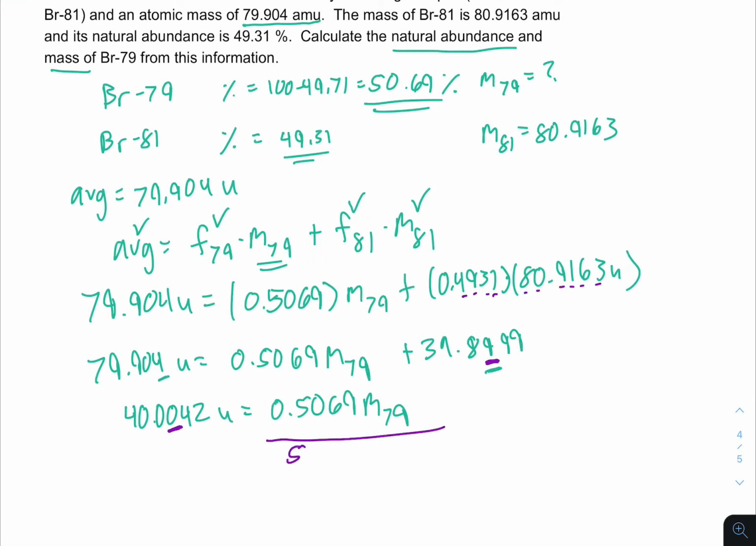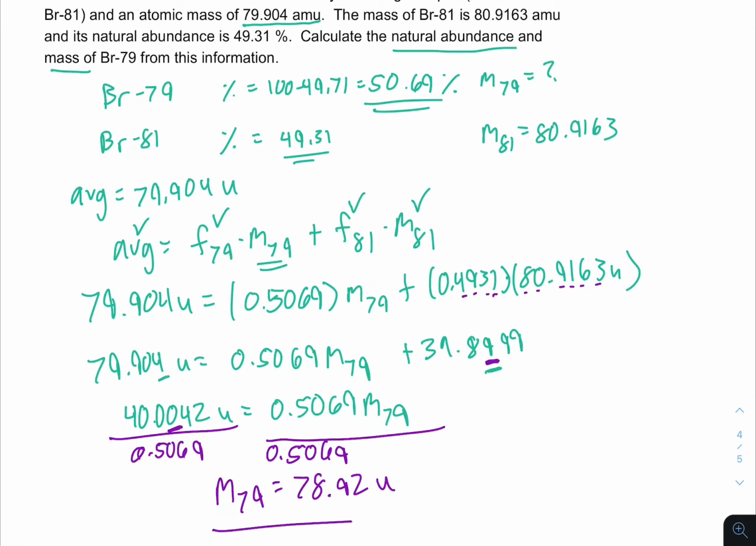And then finally I'm going to divide by 0.5069. And we get a mass of isotope 79. We have 4 significant digits for our percentage or our fraction. And so that would become 78.92 AMU, or U, would be the mass of isotope 79. So hopefully this gives us some good exposure to average atomic mass, how that relates